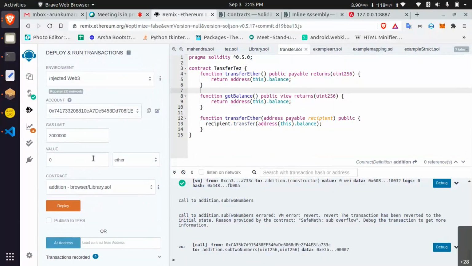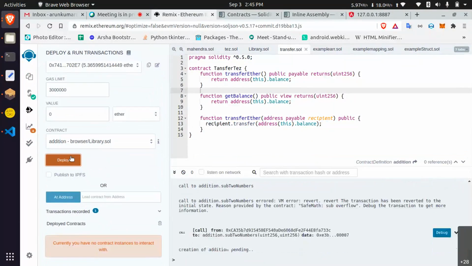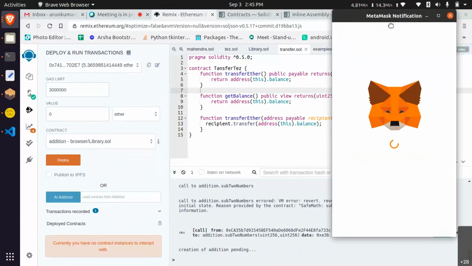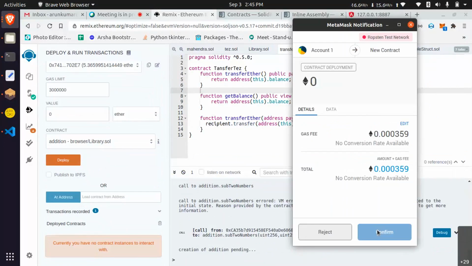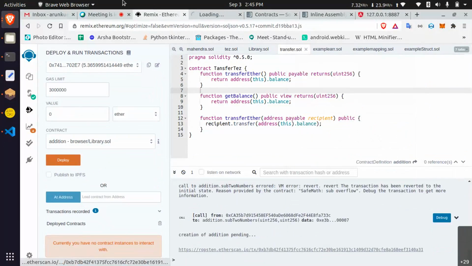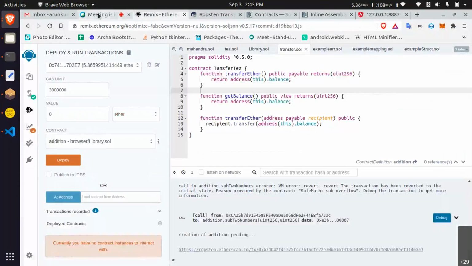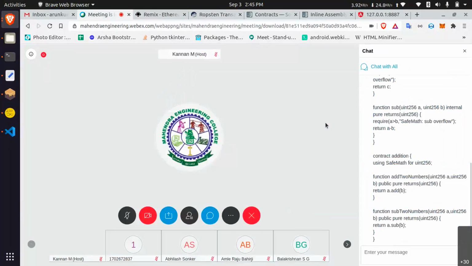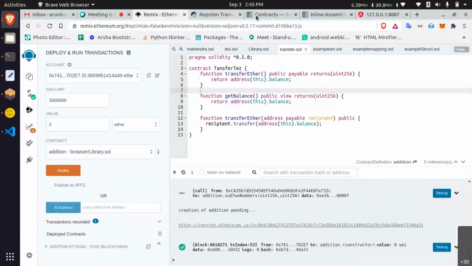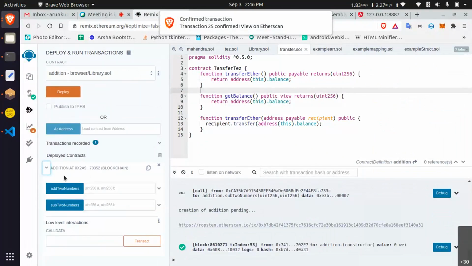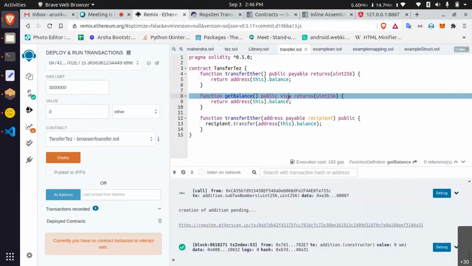MetaMask connected. I'm going to deploy. Let's say the transaction is pending. In the meantime, you can try this contract. Just try to deploy and simulate it in real. Yeah, the contract is done. I think we did not compile the correct program. Just make sure you have selected the program or not.